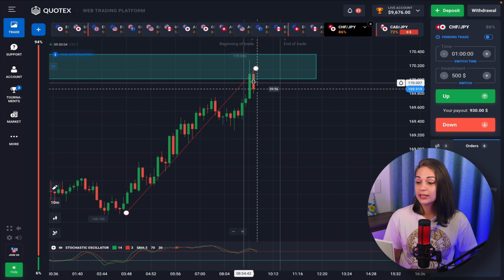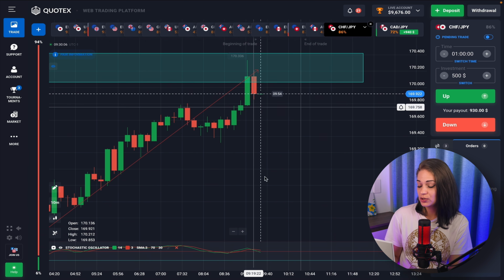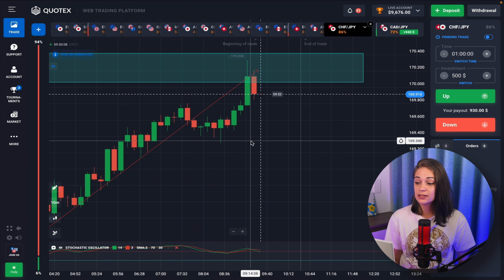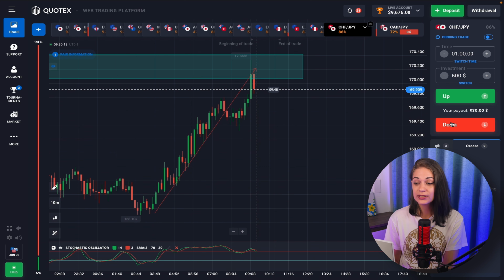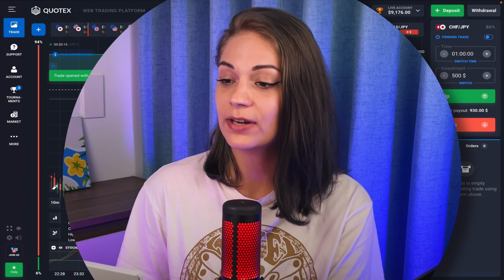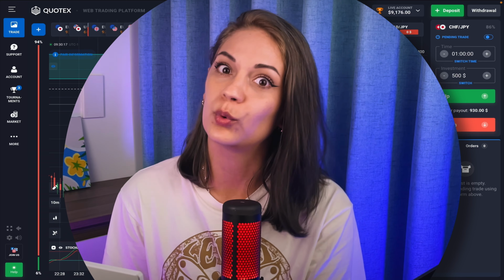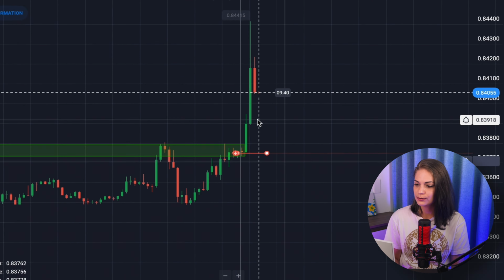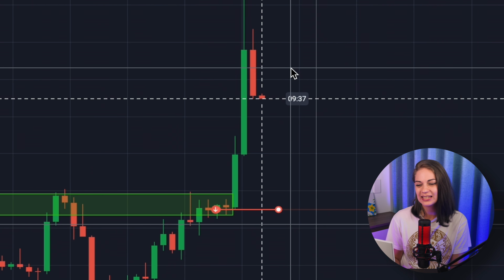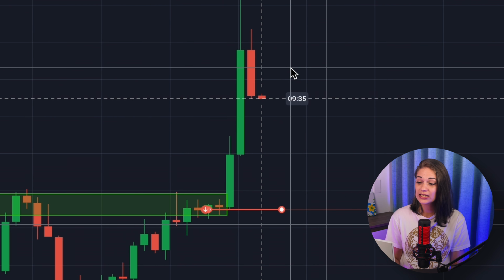Okay guys, so the candlestick is closed and the picture didn't change. Stochastic is giving us a signal, and I think, yep, that's going to be our next entry point and our next deal for $500 for a downward trend. We don't really have that much time before Euro GBP is going to be closed, but I don't think we even have a chance here,